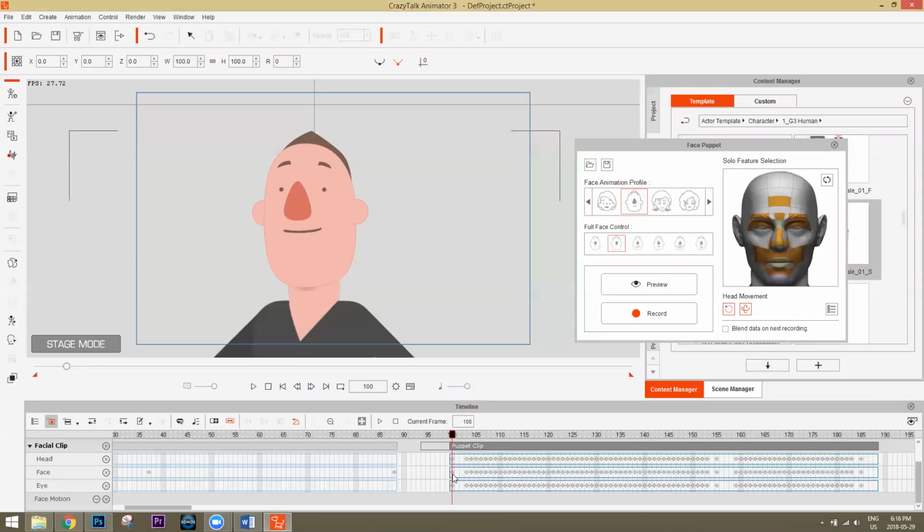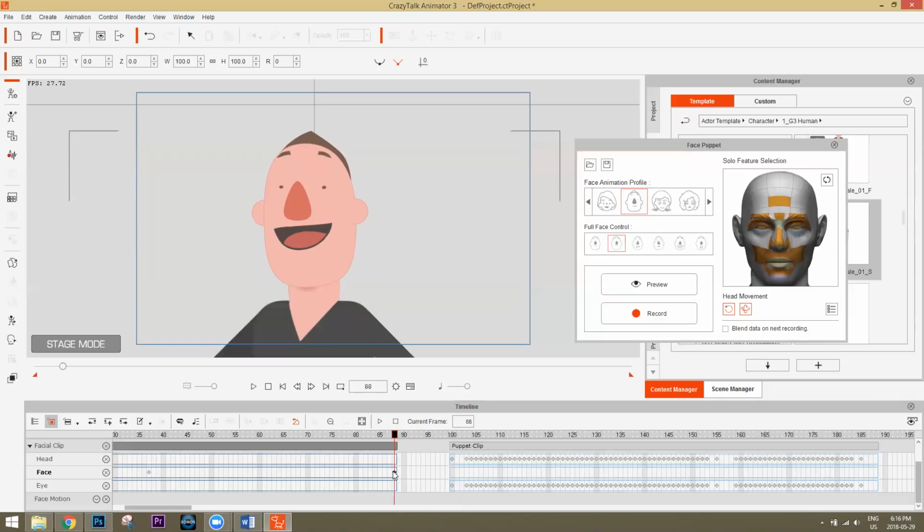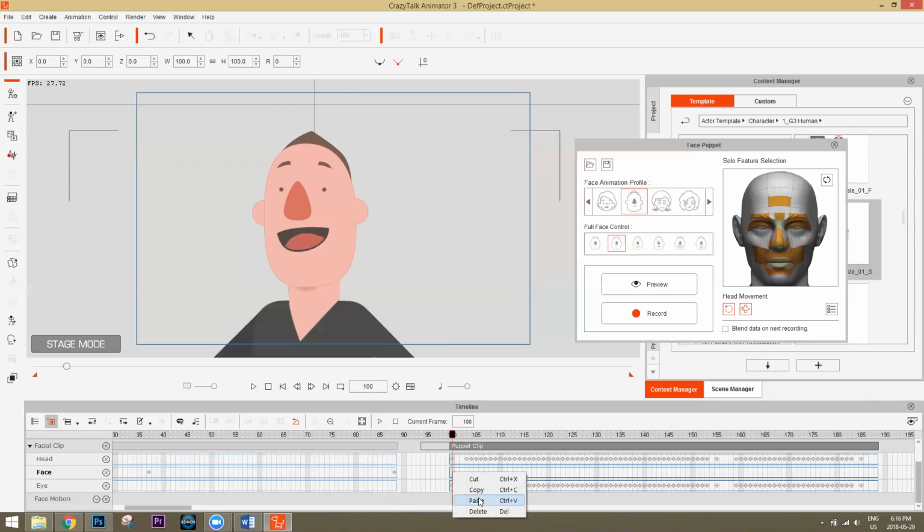Now, like I showed you before, if I don't want to have any of these face keys right here, I can just click and drag and delete them all, if I just want to use the facial movement. Again, it's going from here to here, so we need to delete that first keyframe as well. I'll take this keyframe right here and right click it, copy it, and paste it within this clip.